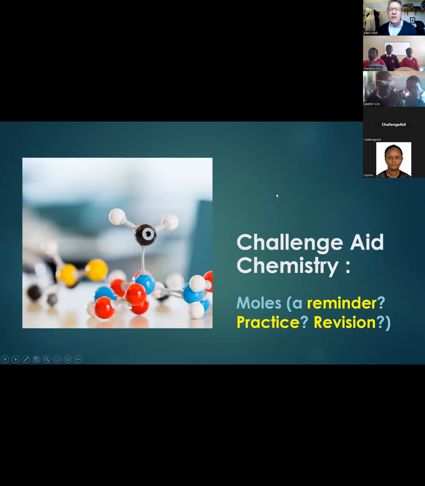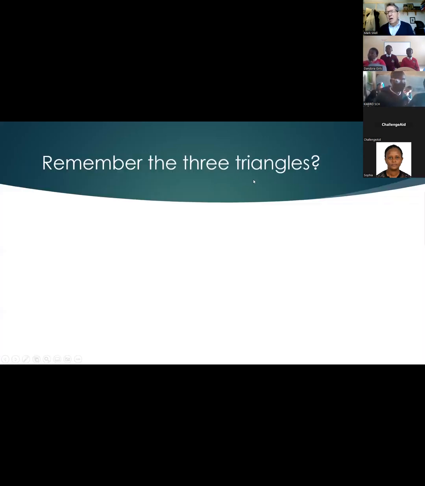It's revision, and we're going to start with stuff that's fairly simple, and it's going to become much more complicated quite quickly. Okay. So hopefully in less than 1 hour, you will have a good idea how to do things and it will all make sense. So the first thing is, there were 3 triangles which we used for trying to remember